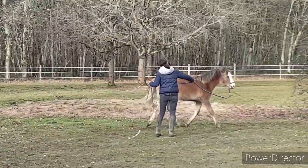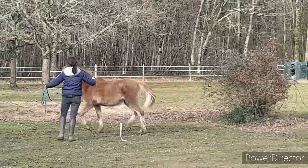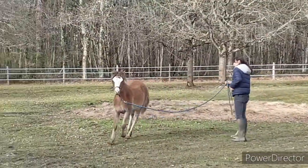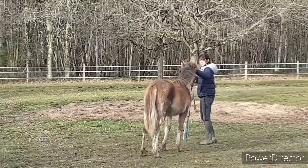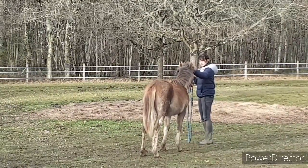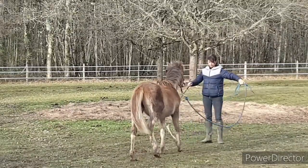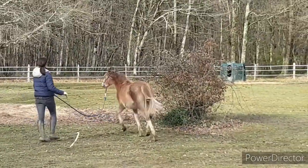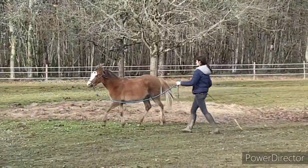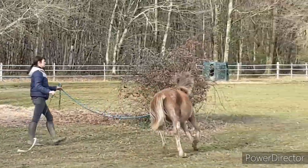So she's extremely light on the cues, because she's so feely and fine and reactive. So it doesn't take much to get her to switch from one thing to the other. Also today, the focus was on trying to get her out of my personal space, because she's been historically very, very pushy, very in your space, and also very nippy. And paradoxically enough,